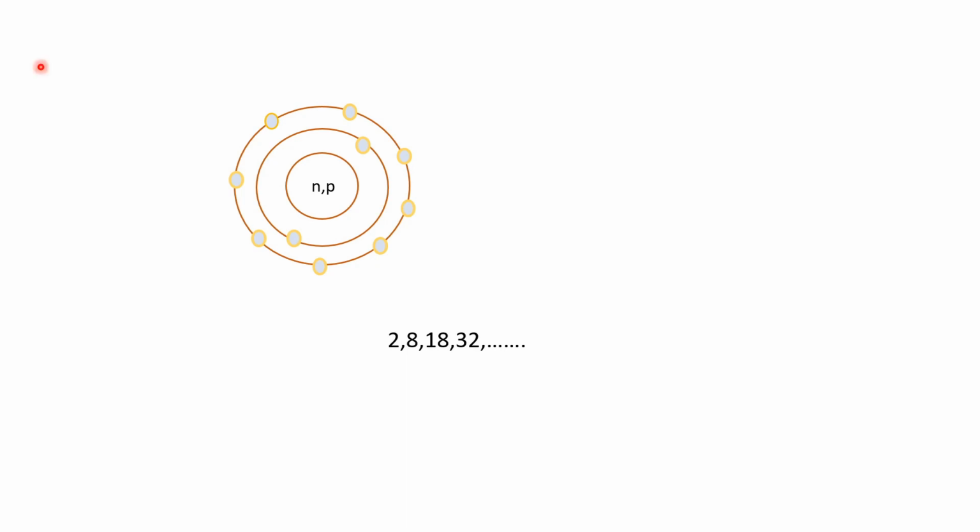Like this. Now, this arrangement of electrons in the orbits is known as the electronic configuration of an atom. And it is 2, 8, 18, 32. That is, the maximum number of electrons in the first orbit should be 2. Less than 2 can be accommodated, but more than 2 is not allowed. And the same is the case with the other orbits also. Like in the second orbit, only 8 are allowed, not more than 8.